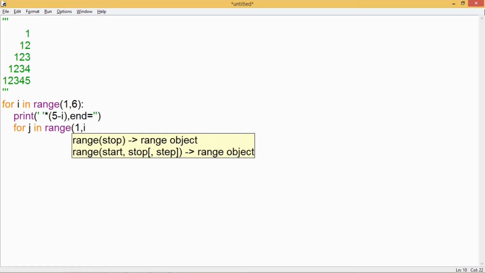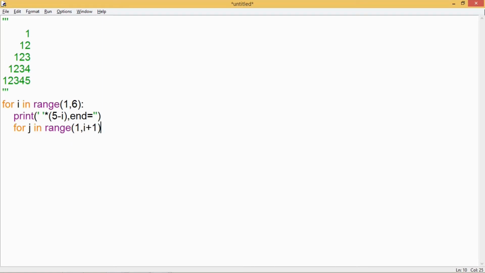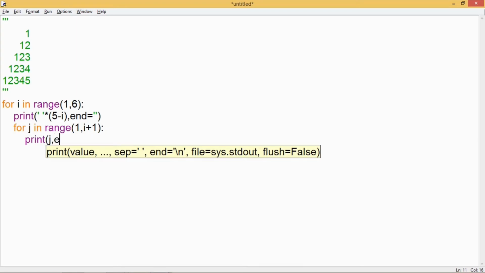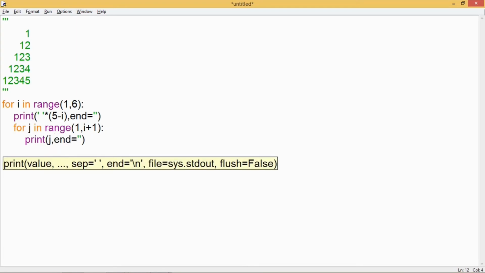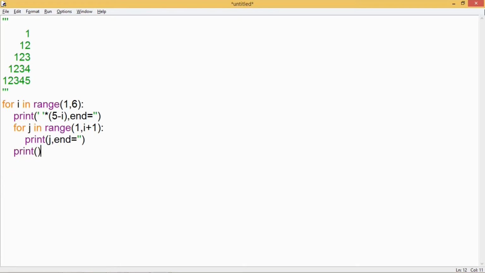So this means this j loop will run till the value of i plus 1. So when the value of i is 1, this range function will generate numbers from 1 to 2. That means 1 for the first time, and this will keep on increasing. And for the j loop, I'll print the value of j and replace the value of end argument, and this print function for a new line. Let's run this code.